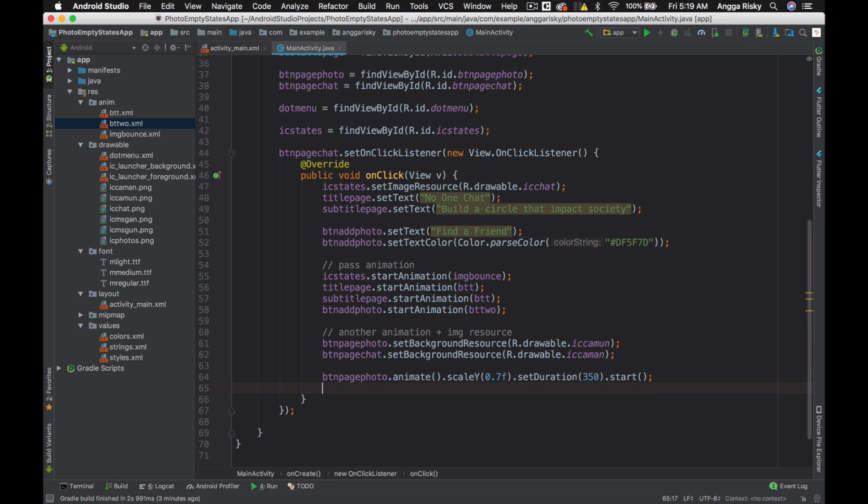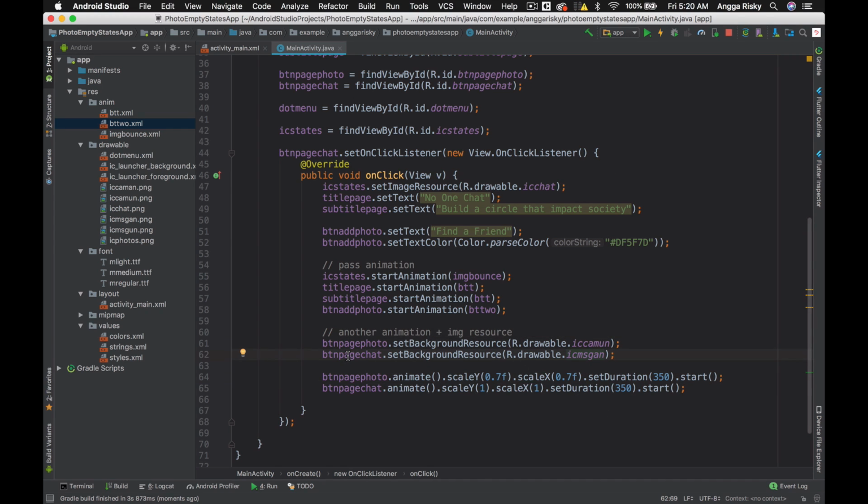Okay, and then after that we need to duplicate this button page chat, and then we have to scale to the 1. Okay, and don't forget to scale x2 to the 1, and this one has to be scale x2 like this.